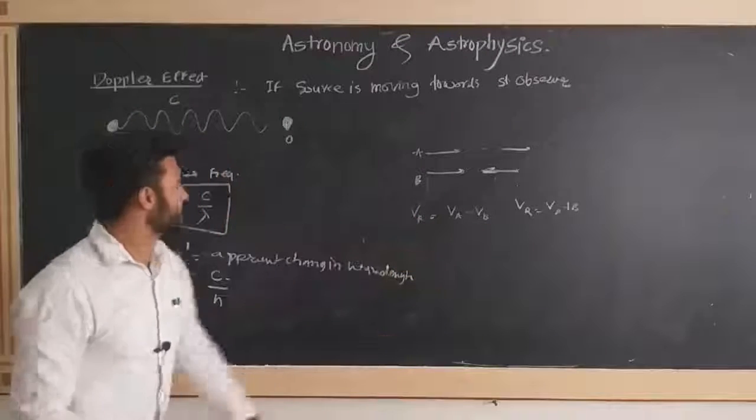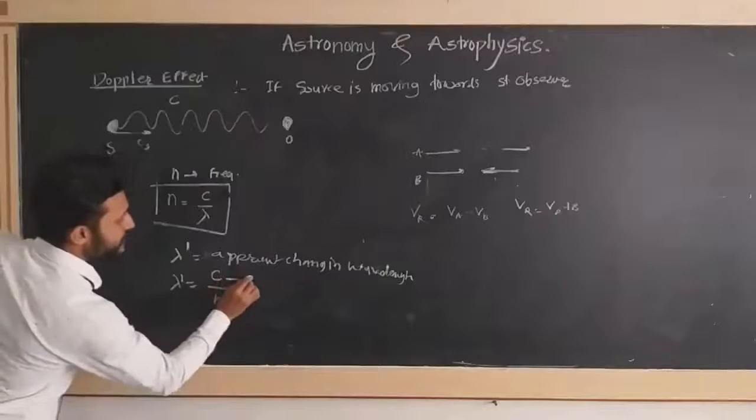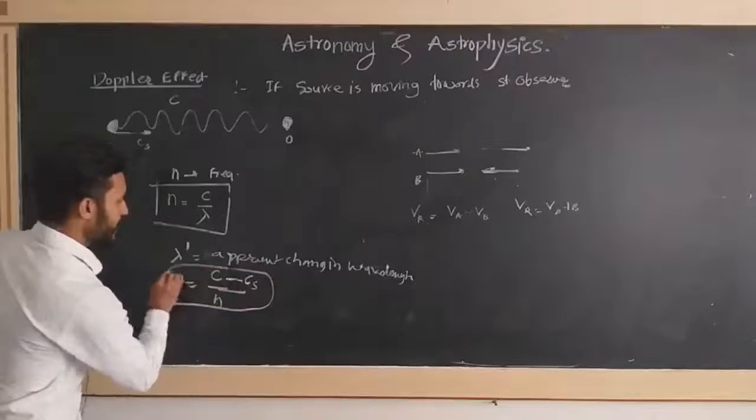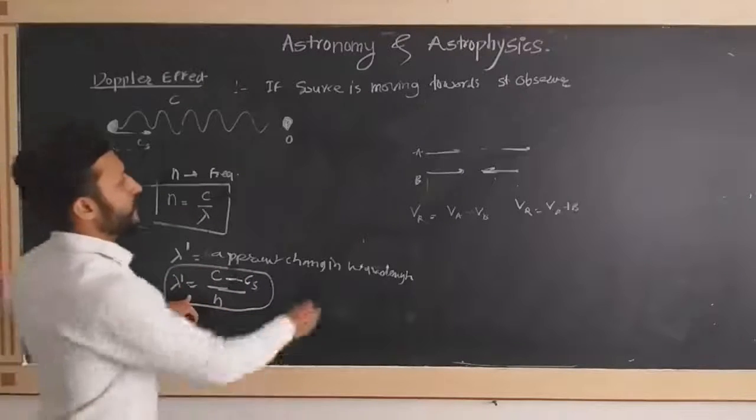So the relative velocity is nothing but c minus cs upon n. So this is the apparent change in wavelength. Therefore